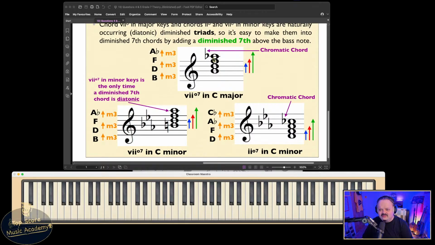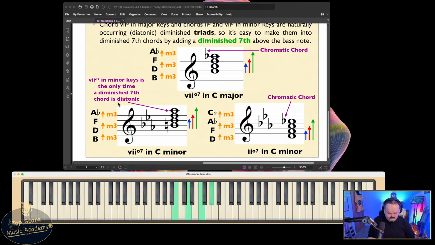Obviously in C major, you're not going to have A flats, and in C minor, you're definitely not going to have C flats. So having this B, D, F, A flat provided by the key signature makes it diatonic. So a leading note chord with the 7th in minor keys is the only time a diminished 7th chord is diatonic, belongs to the key. So for a chord progression like